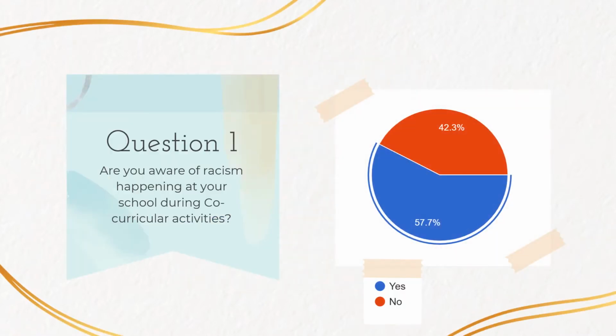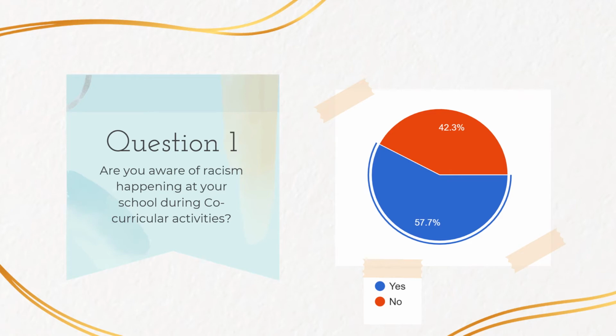The first question of Part B is, are you aware of racism happening at your school during co-curricular activities? Out of the 26 accepted responses, 15 said yes, that they are aware of racism happening at their schools during co-curricular activities, and 11 said no. Because more respondents answered yes than no, we can assume that students from Education Faculty UiTM Puncak Alam are aware of racism happening in their schools during co-curricular activities, and surely they have their insights about this matter. So we can rely on their